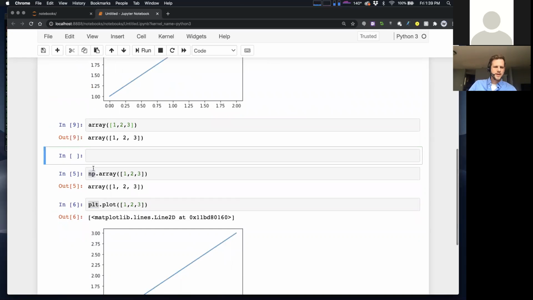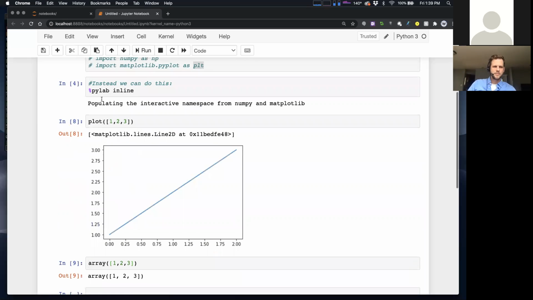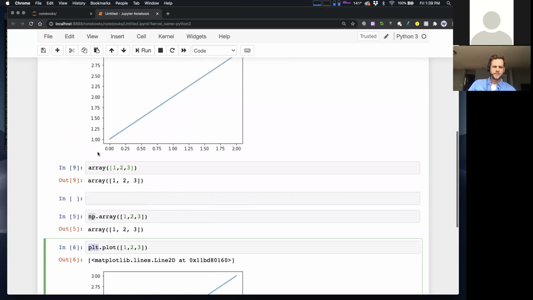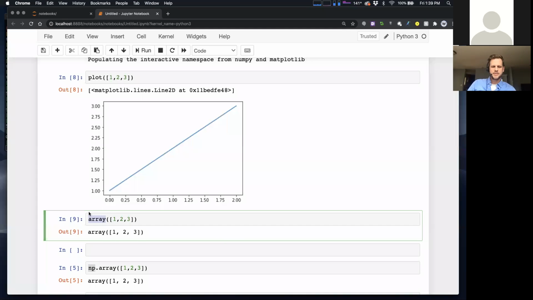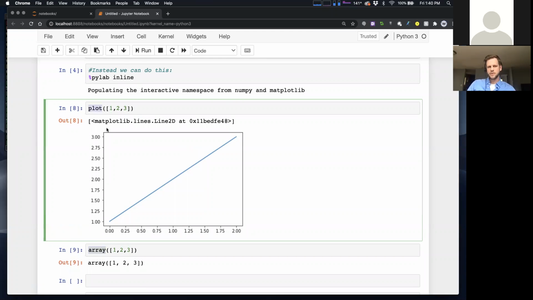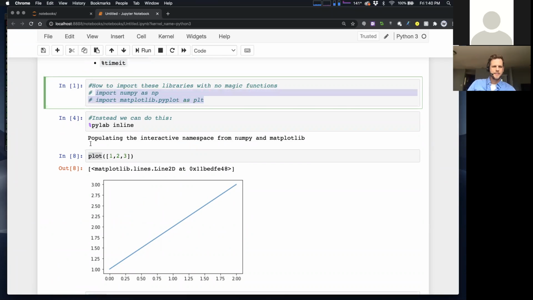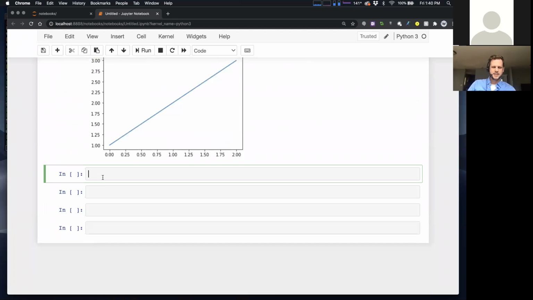I'll tend to try to write the np and the plt just to make it clear what I'm doing. But just know that when you run pylab inline, it imports both np and plt, but it also imports all their functions into the global namespace. So if you want to, it's just faster. But sometimes you might have another function called plot, and you may not want to overwrite it by importing all this stuff. So you can always go back to this, but this magic function just imports those two libraries for us. So that's thing one. And there's one more magic function I wanted to show you just real quick. And please hop in the chat with any questions.